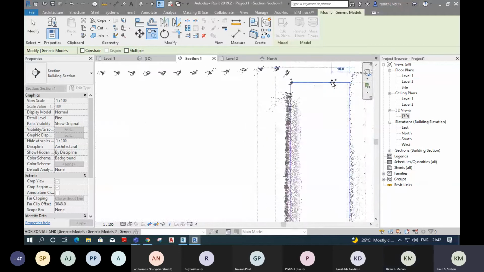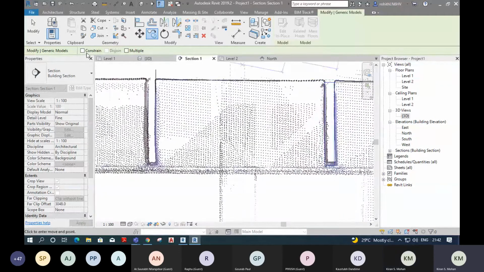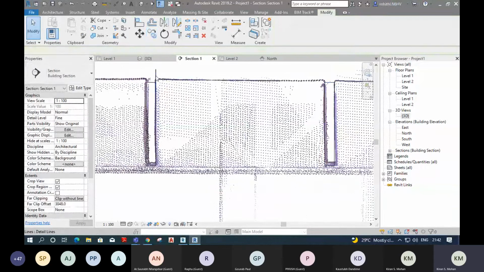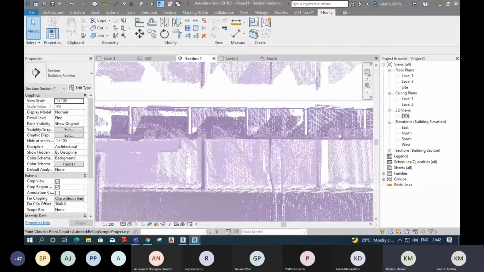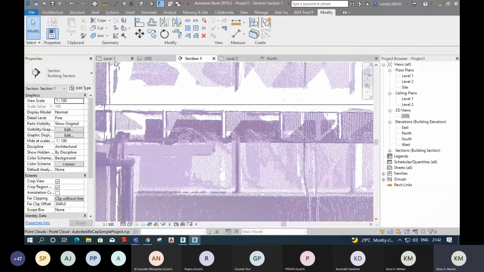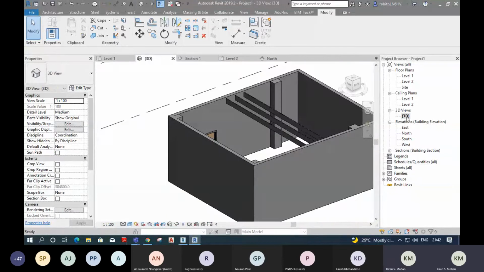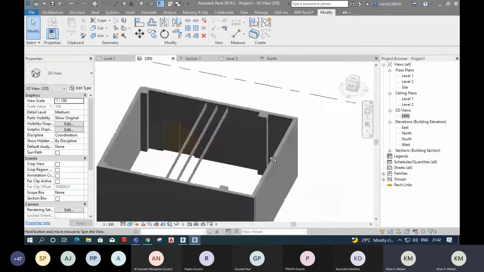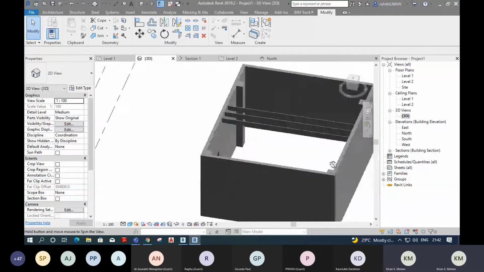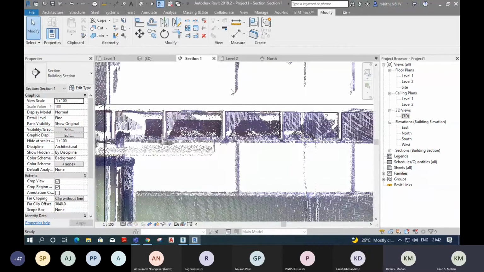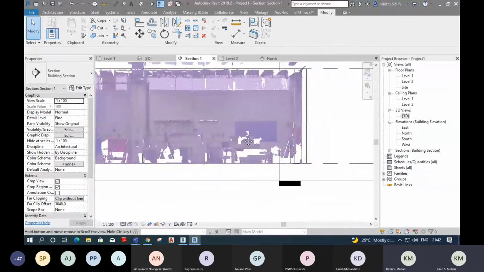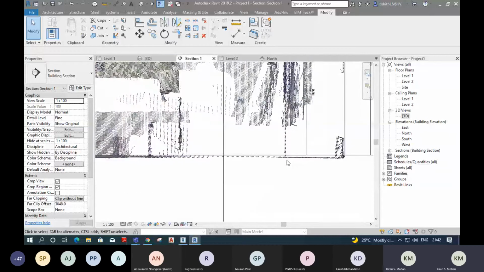Now we have to go to the floors. So for making a floor, I'm again going to sections. Here the floor data is also missing because we don't have an accurate floor dimension for this, or we will not get the accurate floor thickness from the scan data because only the top surface of the floor is scanned, the bottom surface is not scanned. That's why we are getting only one surface. So here I am assuming the thickness as 150 mm or 200 mm.